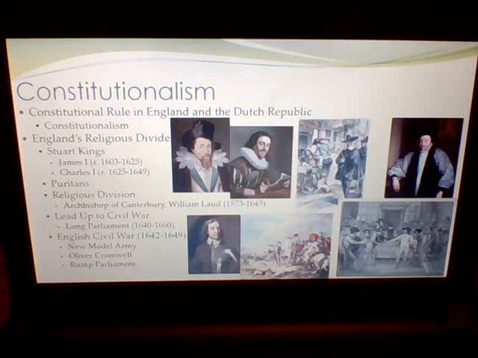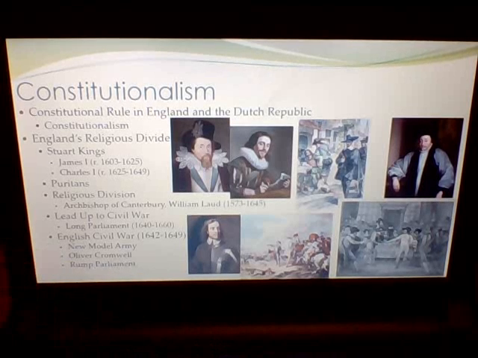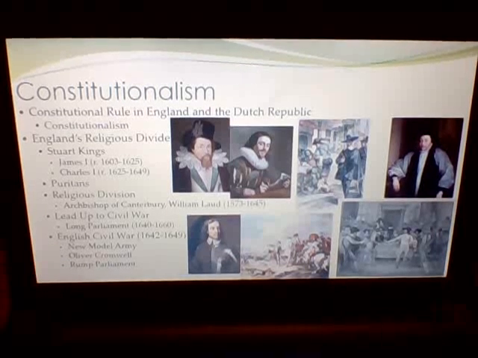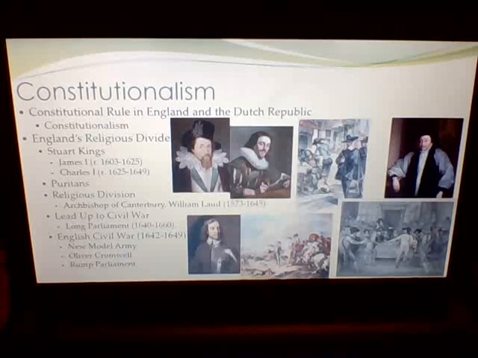Charles I decides to stop allowing Parliament to meet in 1629. So he was tired of basically having them try to pass laws, pass tax laws, those kind of things. So he basically decided, well, I'm not going to authorize you to meet anymore as of 1629. So about a decade goes by before Parliament's allowed to come back together under him. He just basically tries to rule on his own, kind of like Louis XIV.